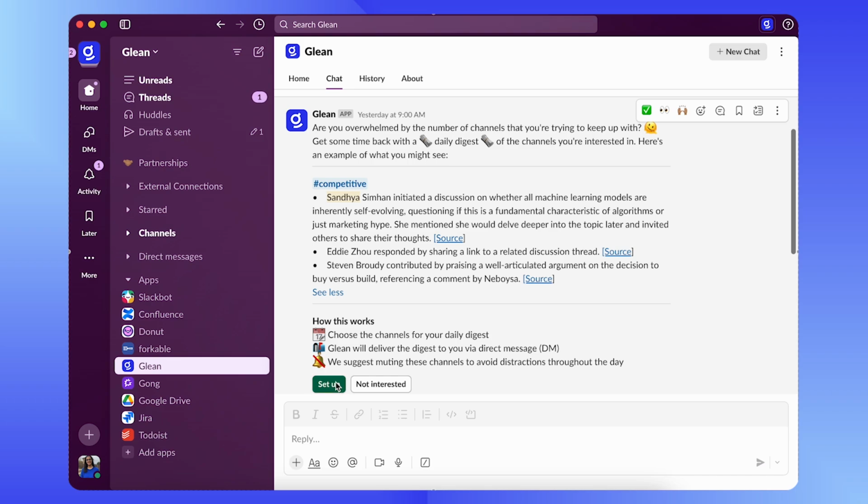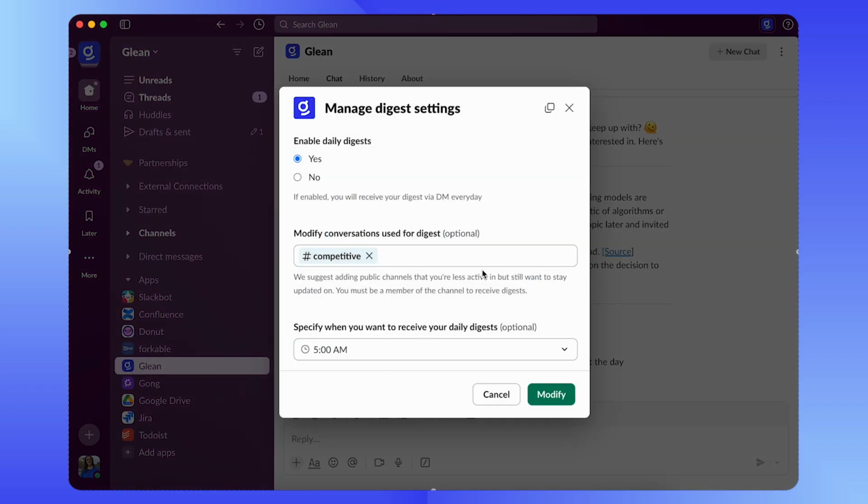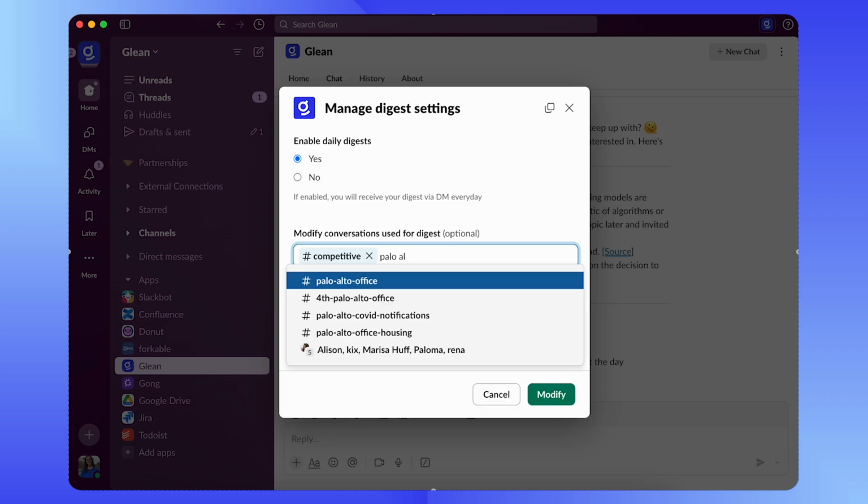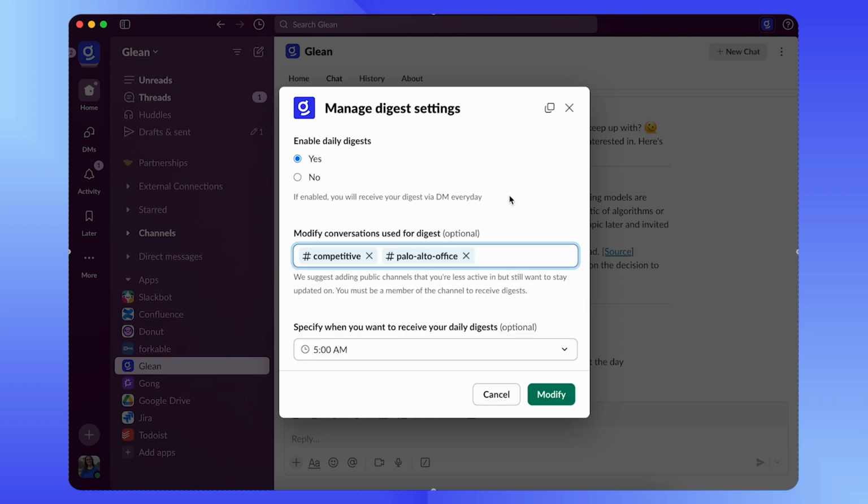So I'm going to go ahead and set this up. So as you can see, I'm going to turn on my daily digest that enables me to get a DM every single day with a digest. Now, I don't want just competitive. I want some other stuff in here as well. So I'm going to go ahead and add our Palo Alto office, which is a fantastic channel for our entire team that's based here in Palo Alto at headquarters, but doesn't necessarily have stuff that I need to see all the time. So I'm going to add these two to my digest,